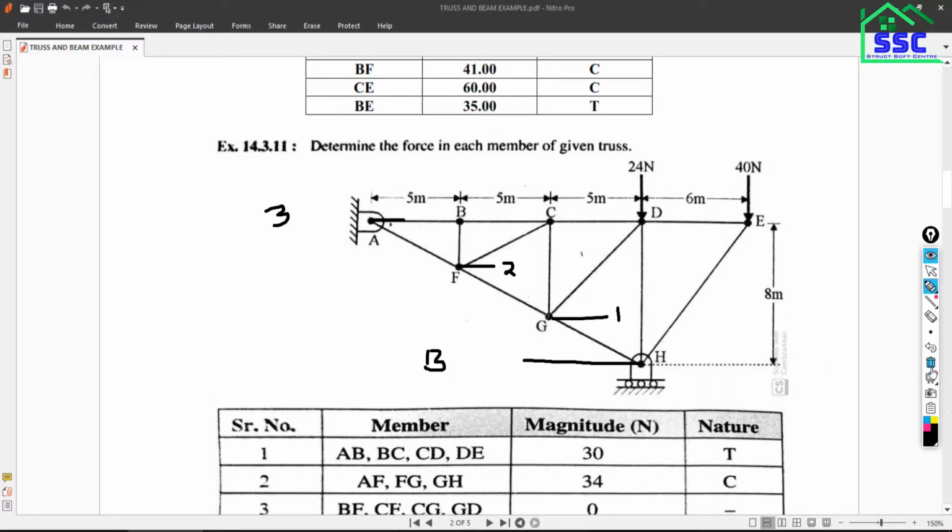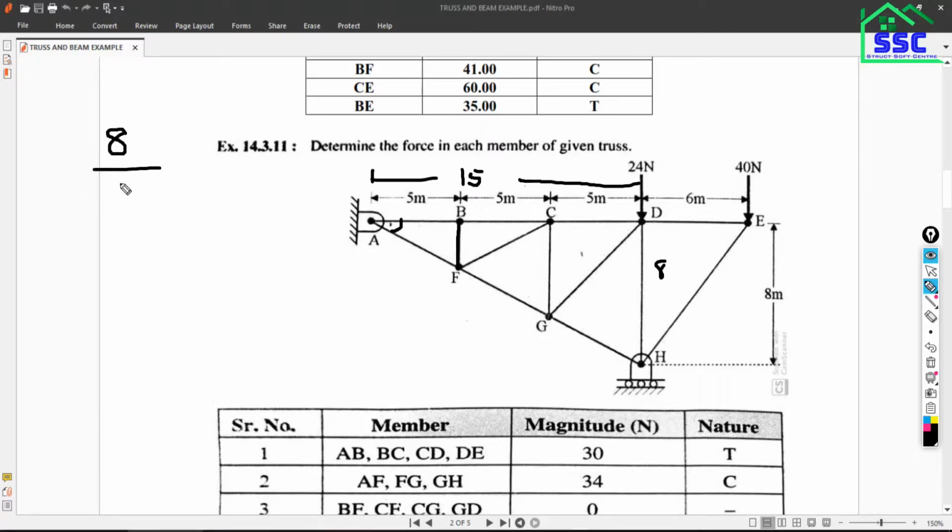Okay, now see how you can find this height. See, this is 8 and this is how much? Total 15 and this is 8. So through this you can find this angle. So height 8 divided by your base 15 will be equal to tan theta, then that will become tan inverse of 8 by 15. What is the answer? Can you tell me?